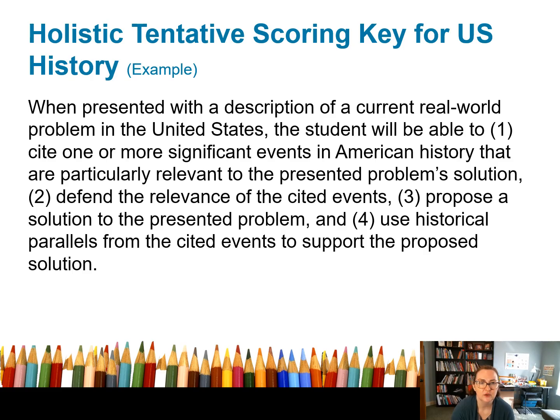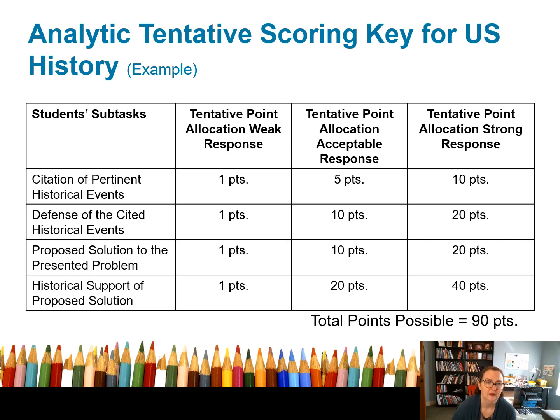So if you're thinking about a holistic scoring key for U.S. history, when presented with a description of a real-world problem in the United States, students will be able to: 1, cite one or more significant events in American history that are particularly relevant to the presented problem; 2, defend the relevance of the cited events; 3, propose a solution to the presented problem; and 4, use historical parallels from the cited events to support the proposed solution. To turn this into an analytic guide, you could have it be strong, acceptable, weak, and